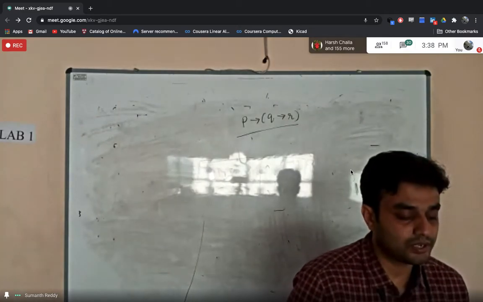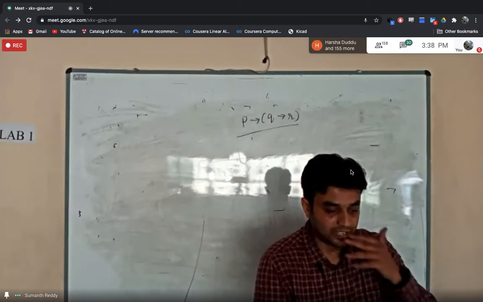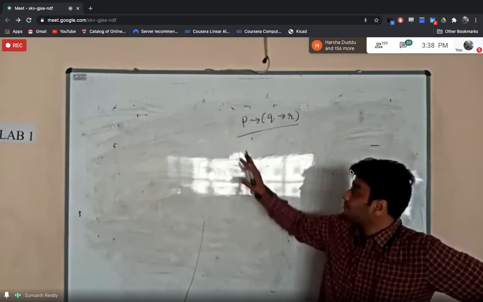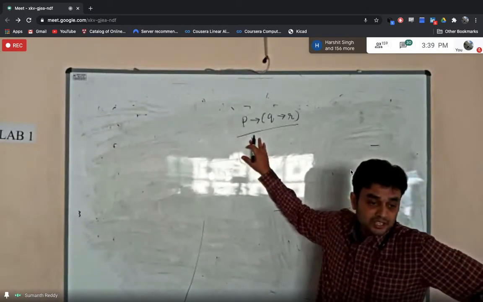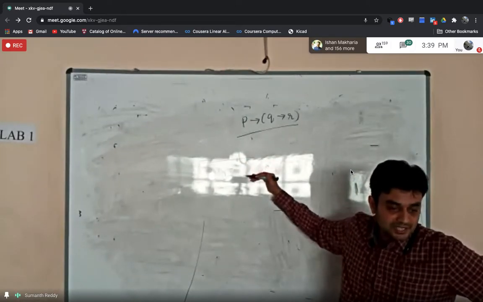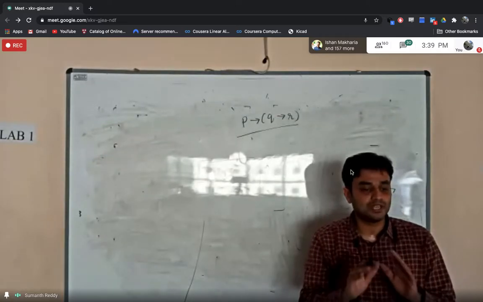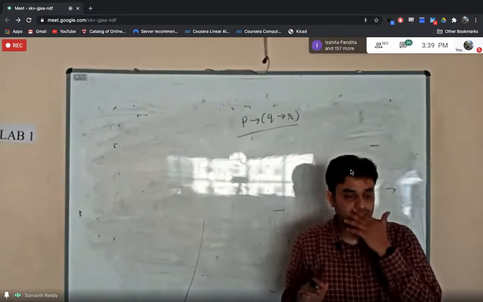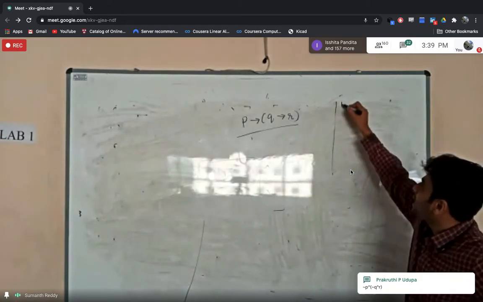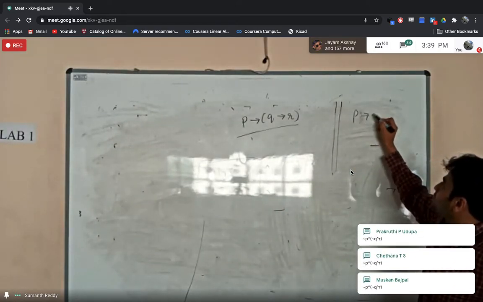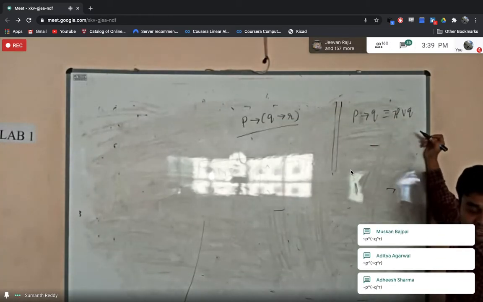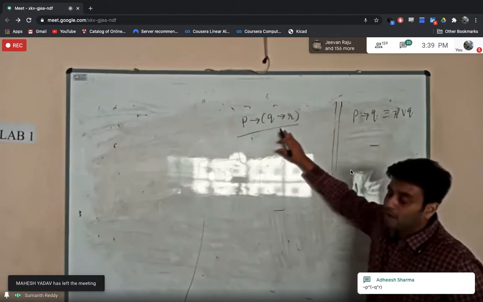Okay. So good. See, very good. The thing is, you already got an idea. So directly, I cannot find the dual of this. Correct, right? First of all, I have to simplify this so that the compound proposition has only basic connectives like conjunction, disjunction, and negation. Right? So for simplifying this, you already know I have one formula that is P implies Q. This is same as negation of P or Q. Fine. So using this formula, so now I will try to solve this.